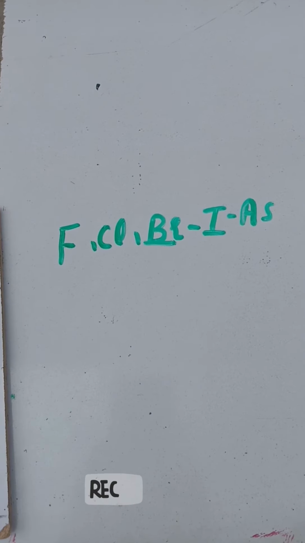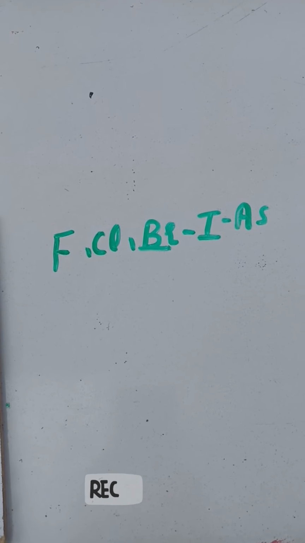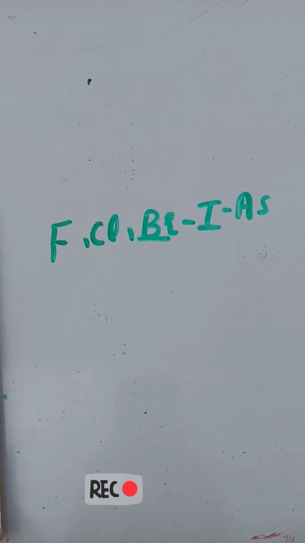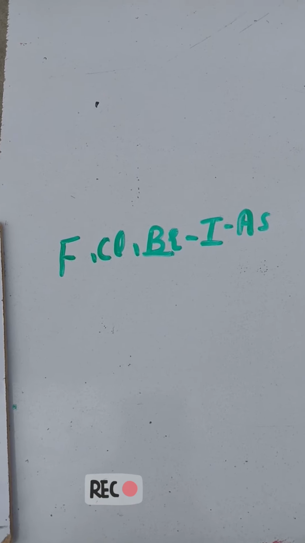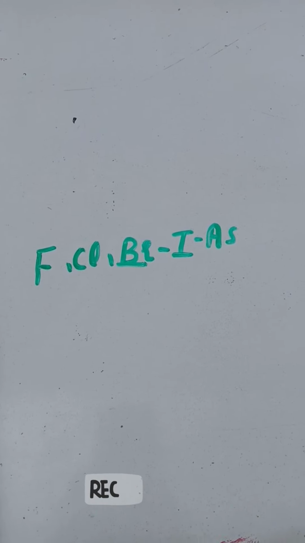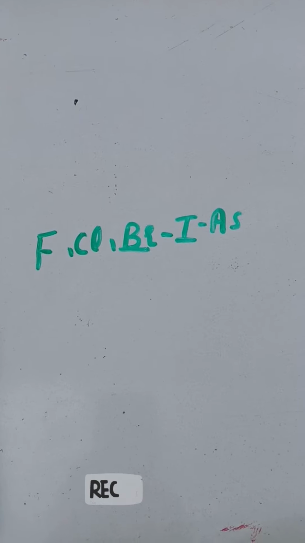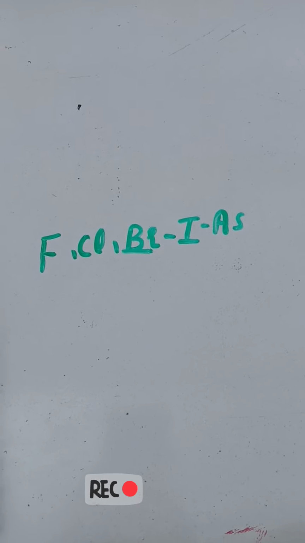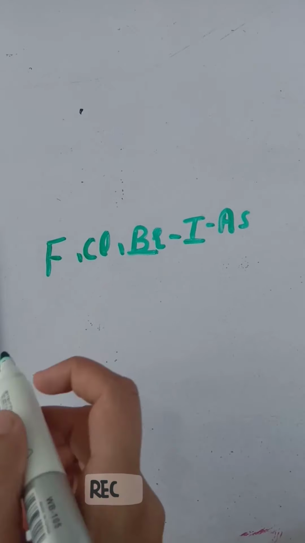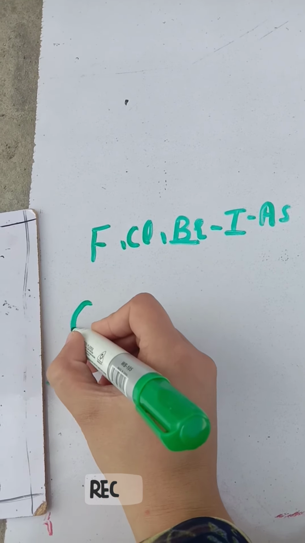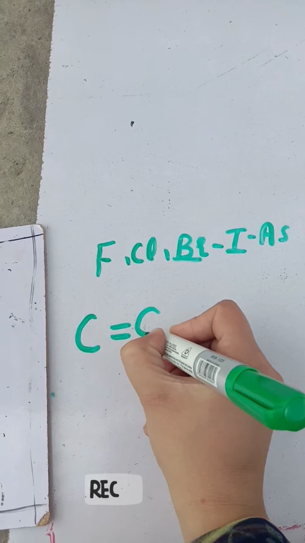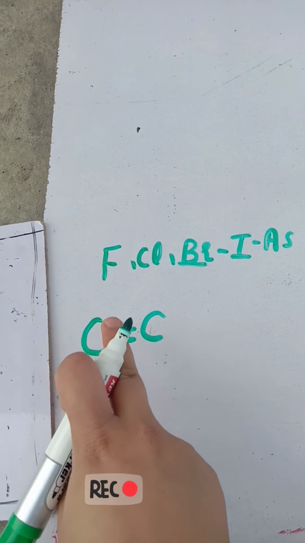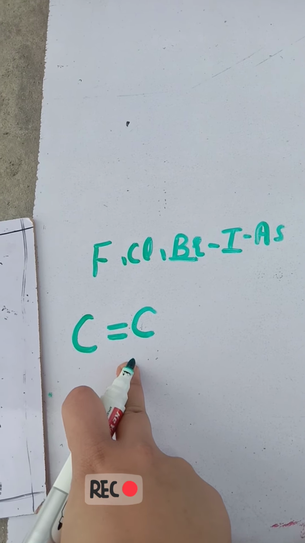Halogens are a group in the periodic table, and it contains different elements, for example fluorine, chlorine, bromine, iodine and astatine. I'll take the bromine molecule in this reaction because it is halogenation. So how does the addition of the bromine molecule take place in the double bond? First of all, I'll draw a double bond molecule known as ethene because it has 2 carbon atoms and the central double bond is present between the 2 carbon atoms.